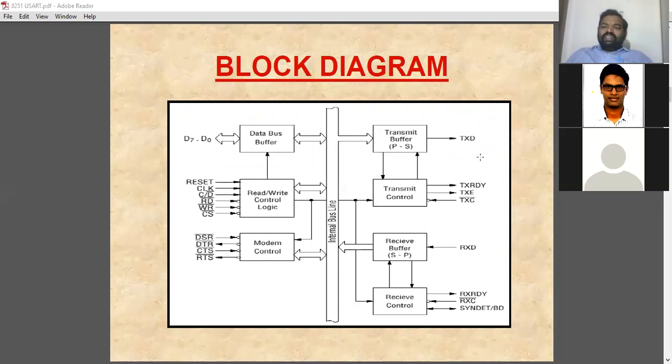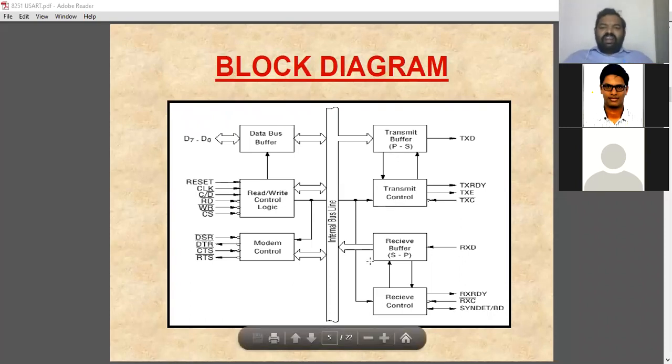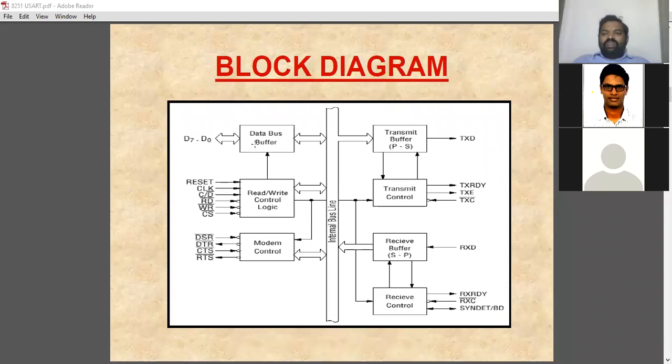Then how does such an operation take place? Can anyone tell the logic? How are you converting the parallel data into serial? What kind of operation is being performed here? You always say that parallel to serial conversion takes place, serial to parallel conversion takes place, right? So here, the incoming data is in parallel form, and the outgoing data is in serial form, right?